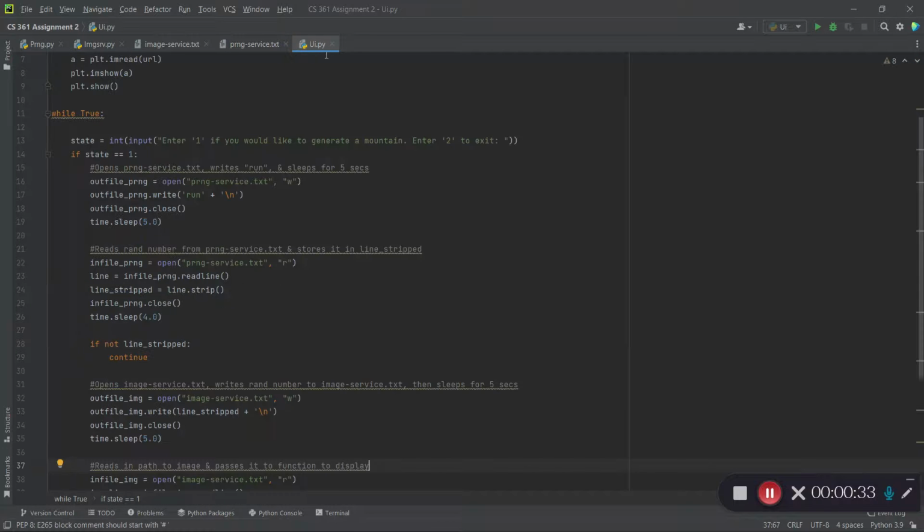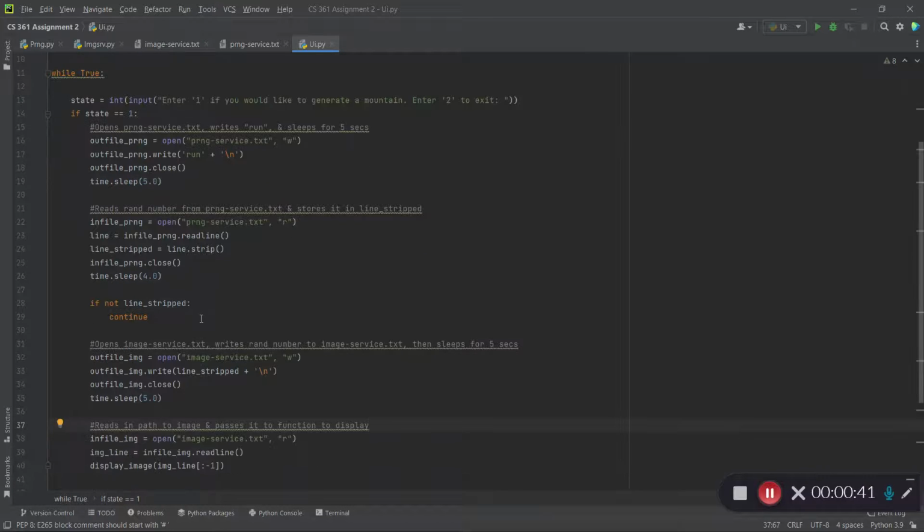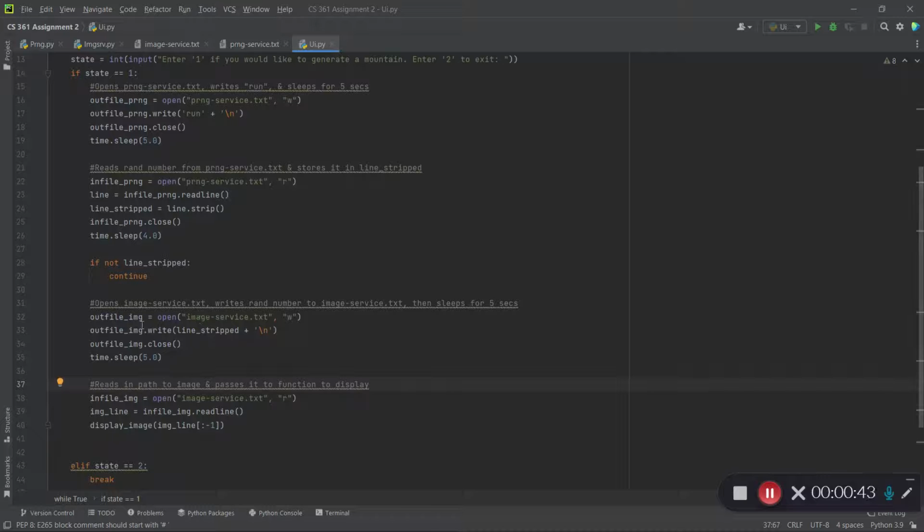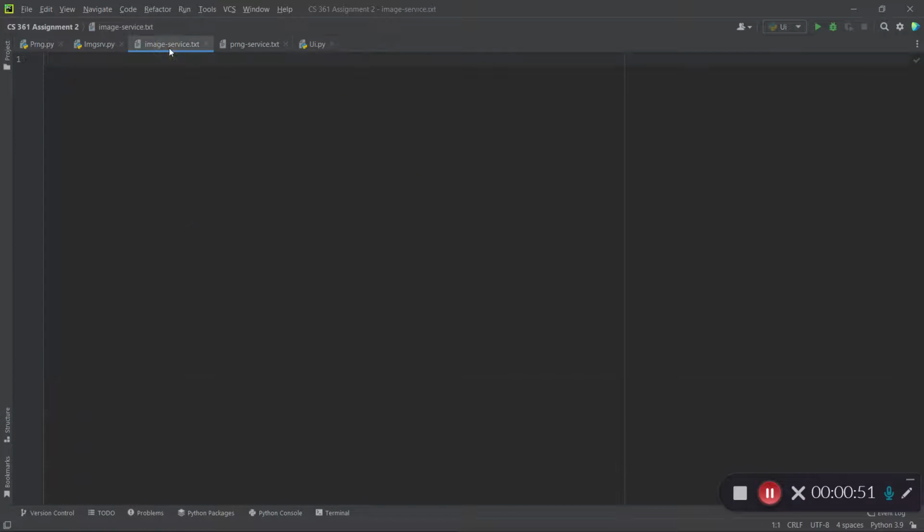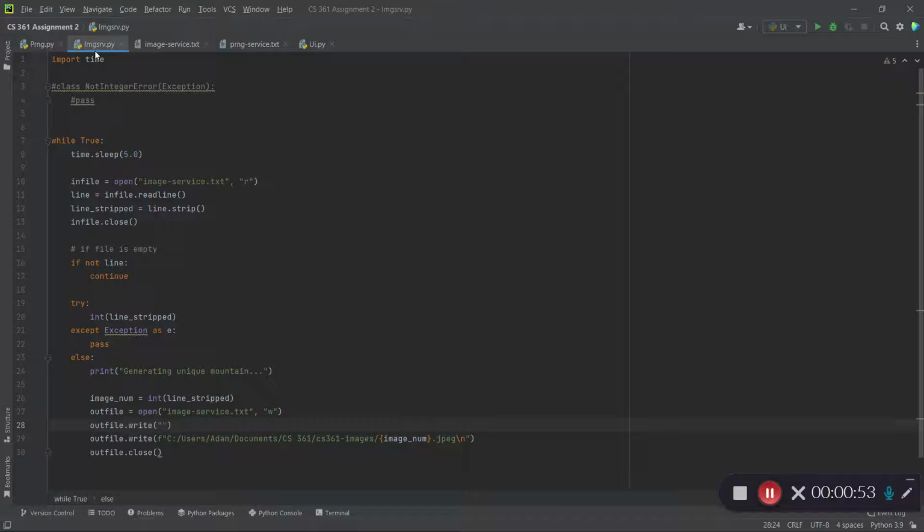Back at the UI service, we read the random number from the PRNG text and we store it in this variable here. Then the UI opens the image service text file, and we write that number to the image service text file, which is right here. In the image service, we read the number that we had put in the image service text file,